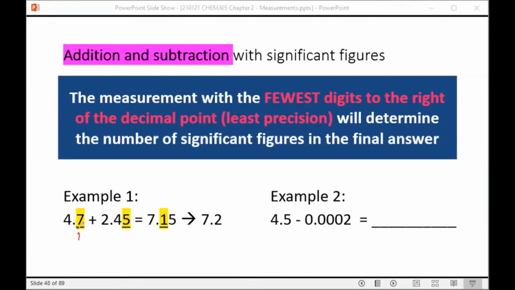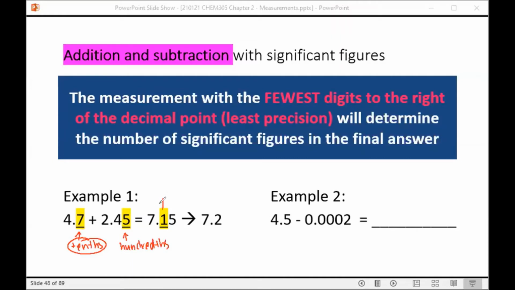So 4.7 ends in the tenths place, and 2.45, its last digit, is in the hundredths place. So the least amount of precision is in this 4.7 measurement. It only goes out to the tenths place. 2.45 is more precise because it goes all the way out to the hundredths place. It has more digits to the right of the decimal point. So we have to limit our final answer based on the measurement that was the least precise, which is the one that goes out to the tenths place, which means that our final answer is going to be rounded at